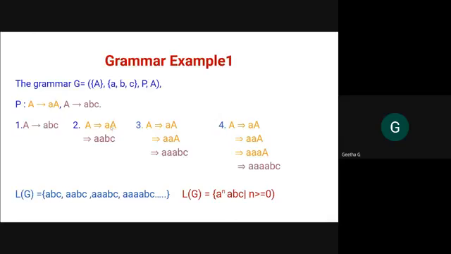So this A again can be replaced, I have two options. What are the options? aA and abc. So how am I going to write it? See here, this a will stay like that, and for this A, I am replacing with abc. So the next string is generated: aabc. So this is the first string generated by this grammar with length 3, and then 4, 5, and so on it will go. So the minimum length of the string produced by this grammar is 3, right?